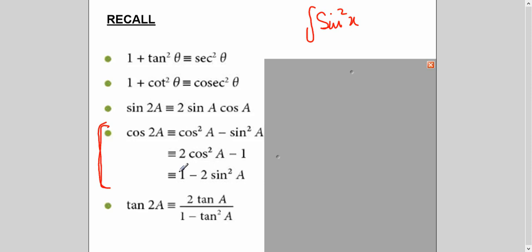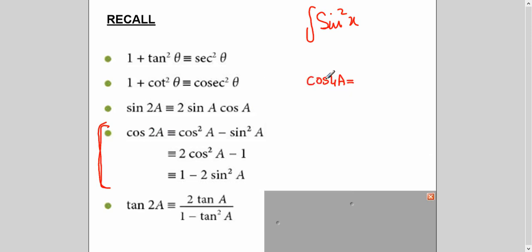I have two examples here. Another thing you have to remember is the relationship between the angles. When this is 2a, what do you have here? 1a, 1a. It means the ratio is 2 is to 1. If I take cos 4a, and I ask you what this will be equal to in this form, because